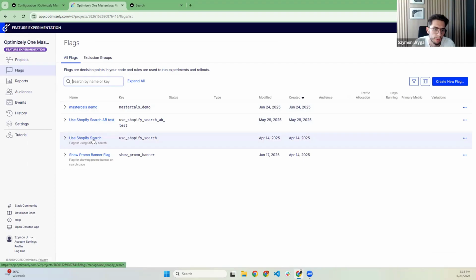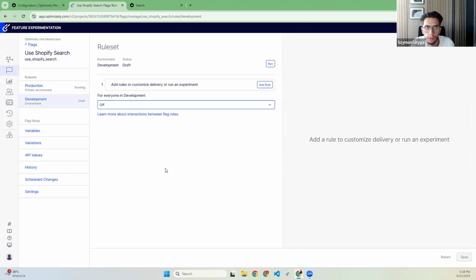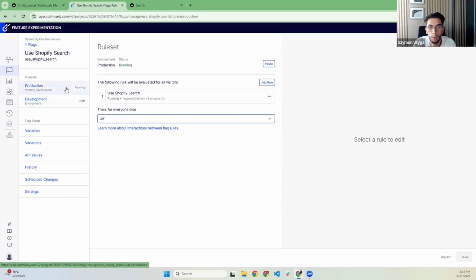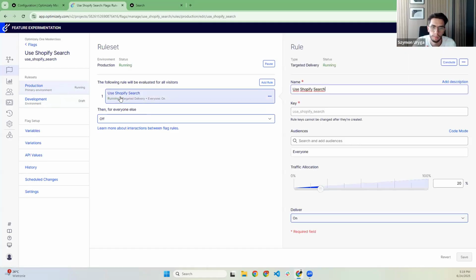The second experiment is about a problem: in our headless application, we've got two sources for products, the commerce and the CMS. Basically we can use the Shopify search and Optimizely Graph for searching in products. But we can guess which is better, which has many more results for given search terms, but we can also test that by using the feature flag. And here we also specify the audience to everyone and allocate traffic to 20%. That means for 20% of users, we will display the Shopify search provider instead of Optimizely Graph. And we can increase that traffic allocation if we see that everything went smoothly and there are no issues